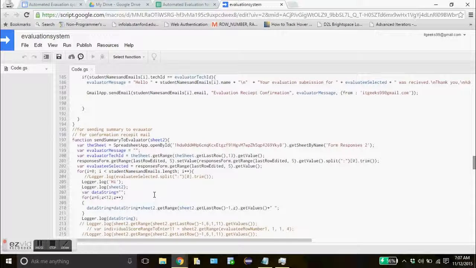In this way all these functions are calculated, and they run in a process one after the other: first average, then average of averages, then notify the evaluator, and then the summary of evaluations to the evaluator as well as the evaluatee. So this is what we have done till now, and what we are planning to do is